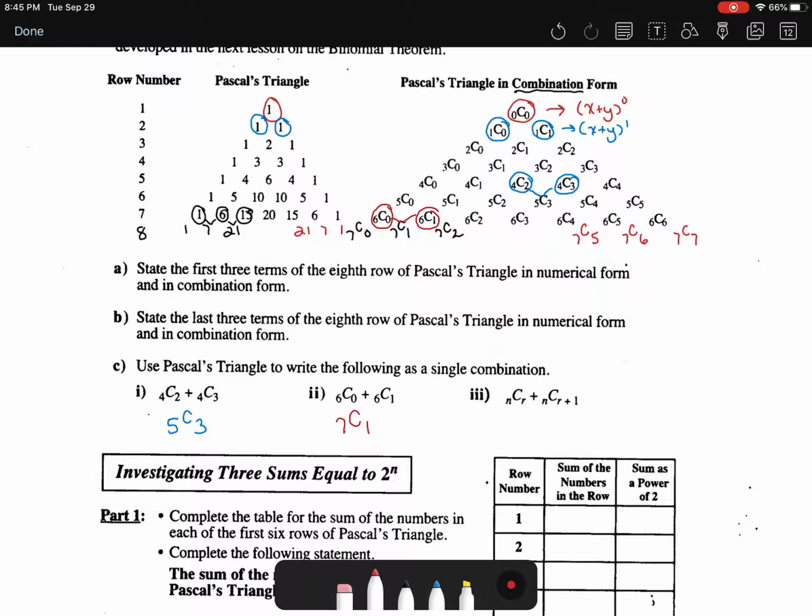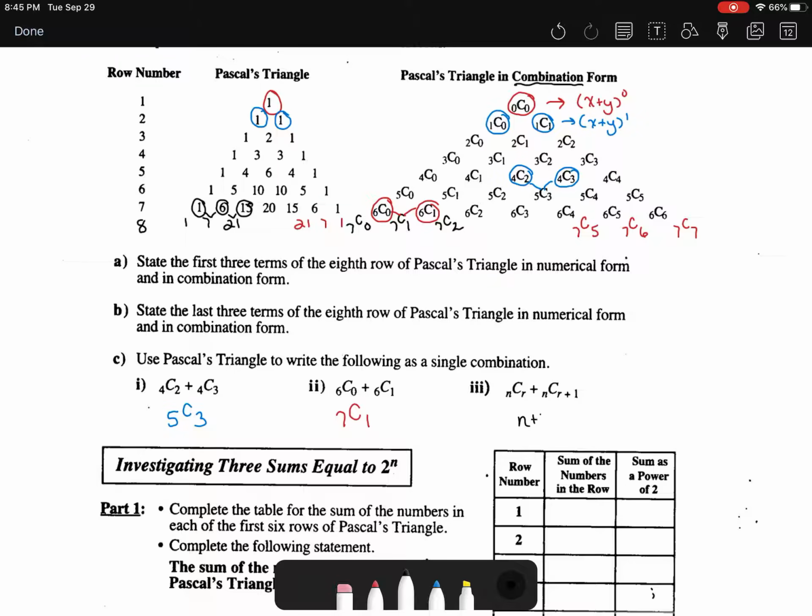Okay, and then just a generic case where I don't know the specific values of n and r, but if I have n choose r plus n choose r plus 1, that's going to give me the next row down. So that would be n plus 1 choose r plus 1. Okay, so you know that third example that I just did is important, but if you understand the two that I did previously, the one in the blue and the red,